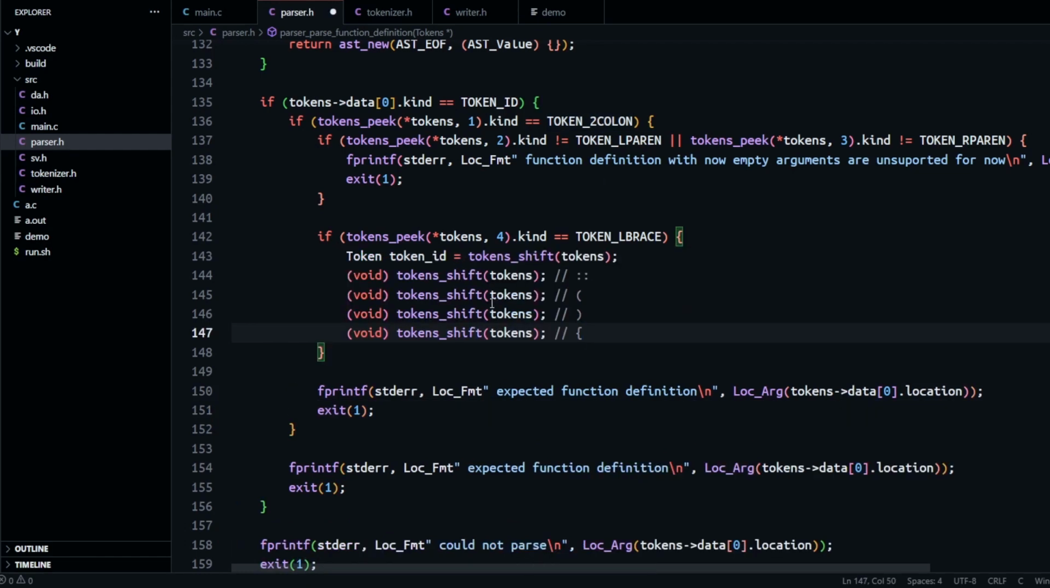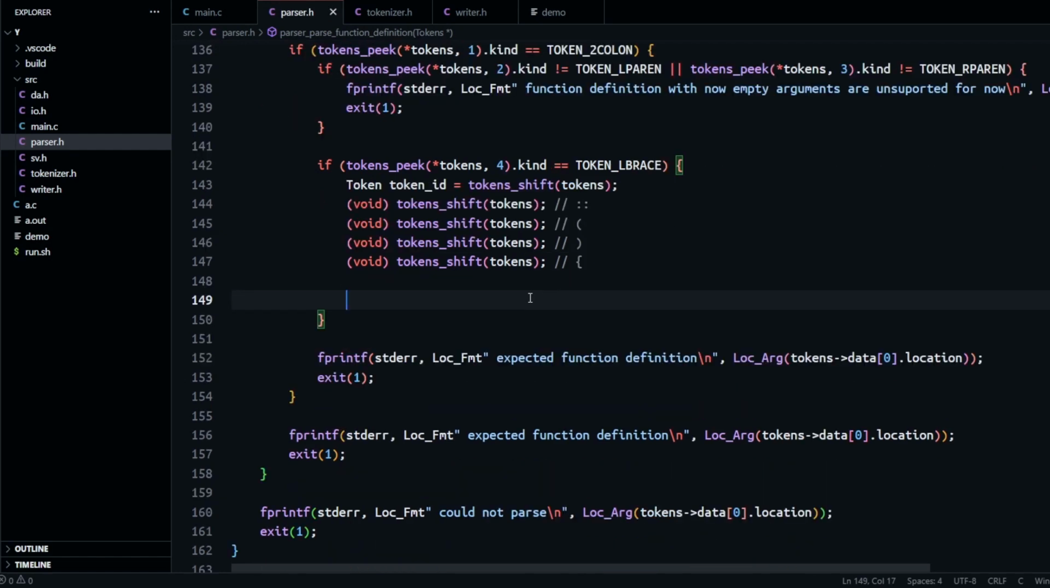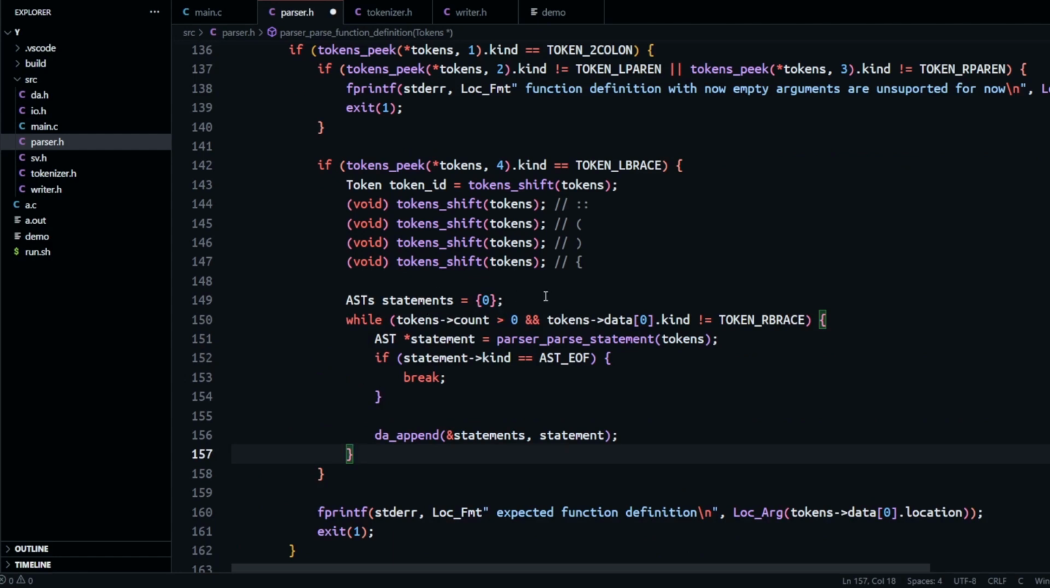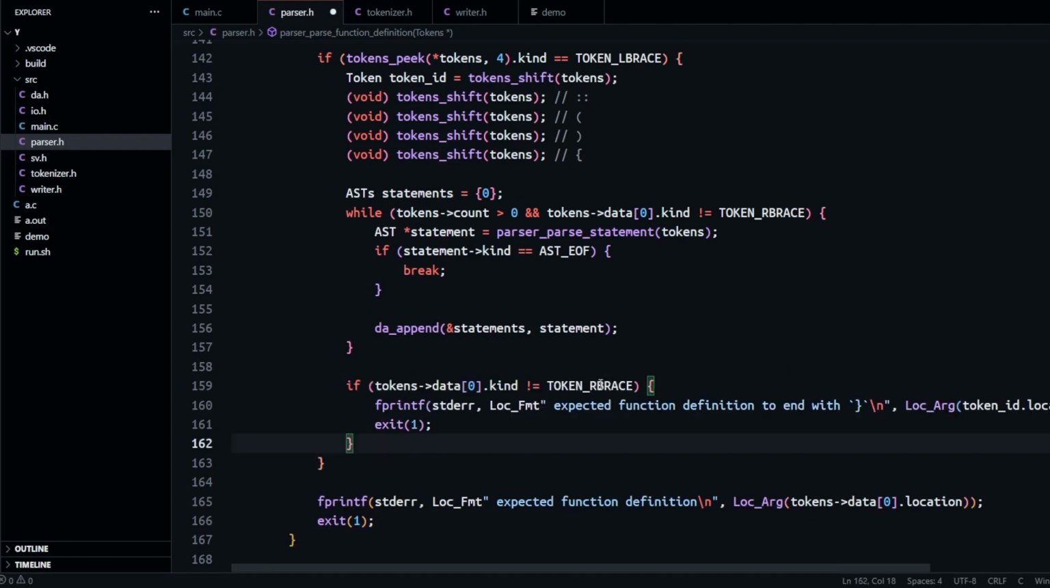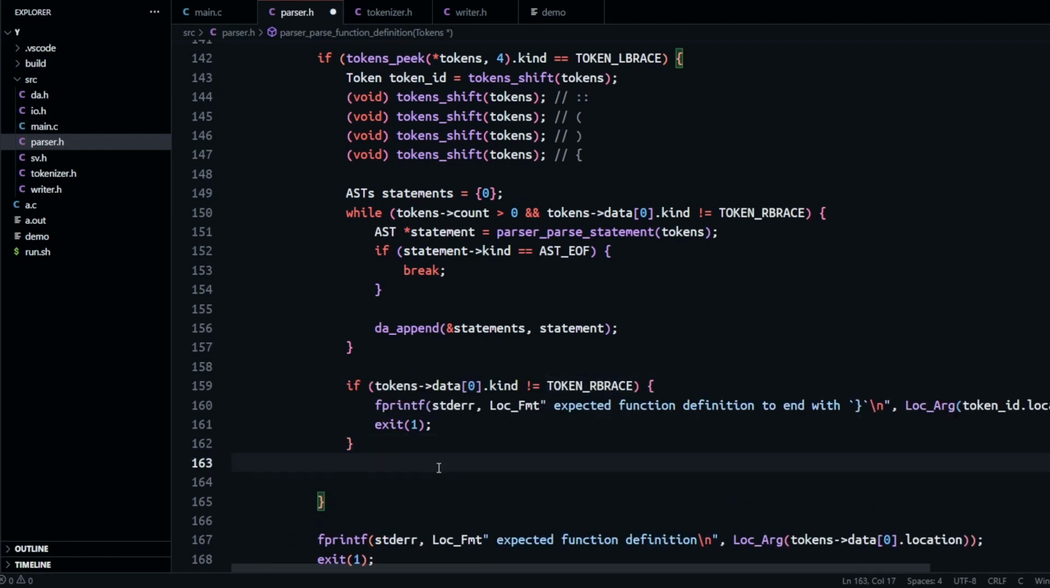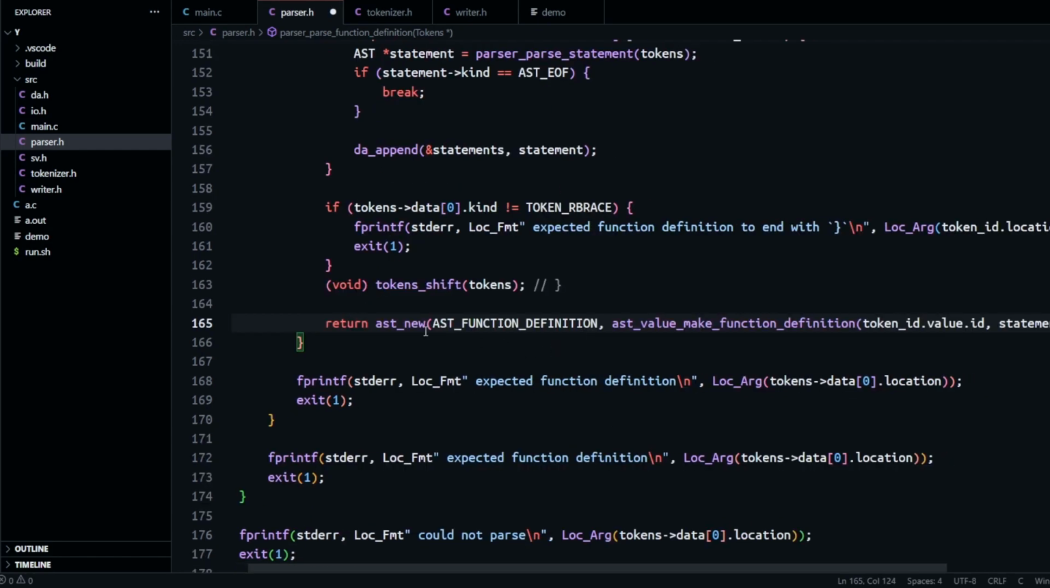Now we can shift all of the tokens, in this case the ID, the double colon, the left parenthesis, the right parenthesis, and the left brace. And after that, we can parse all of the statements inside the body of the function. After parsing all of the statements, we must check if the current token is a right brace, otherwise we report an error. If the current token is a right brace, we can shift it. Finally, we can just return a new AST of type AST function definition,